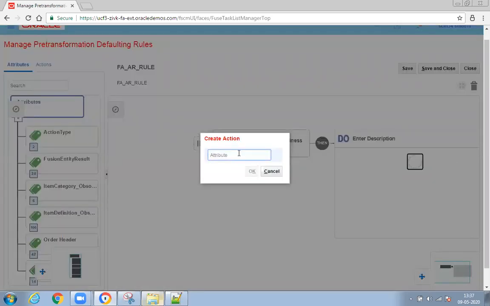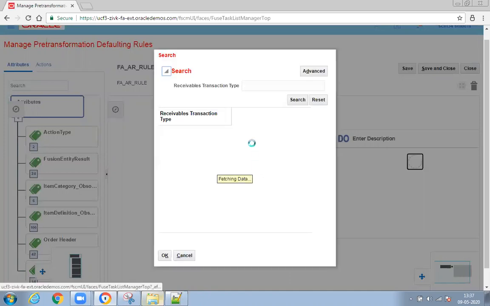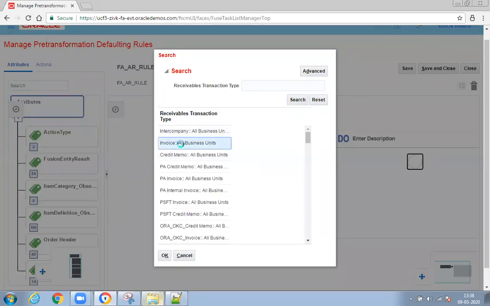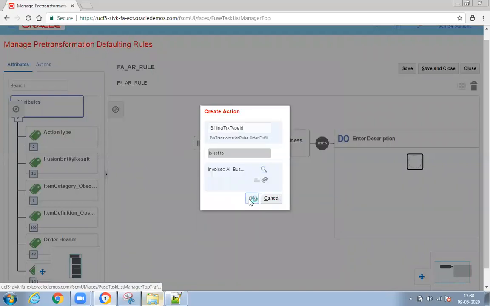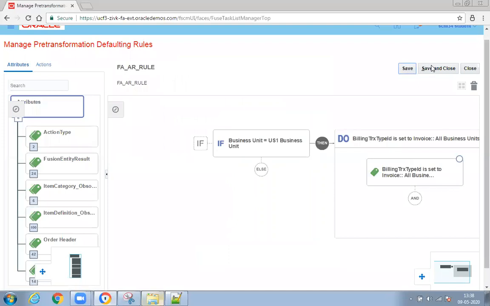So what is the attribute name? Billing transaction type. Let's assume I want to assign the type as invoice, or you can use blind search, whatever is available, you can see all your AR invoice types. So I'm going to assign invoice. Save and close.